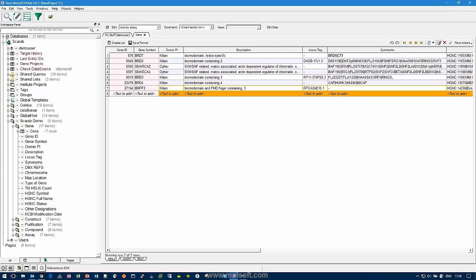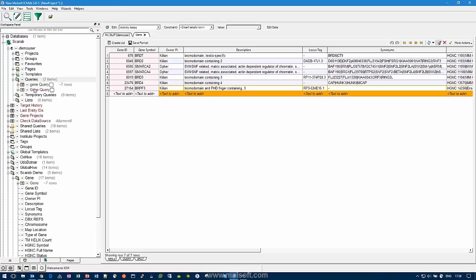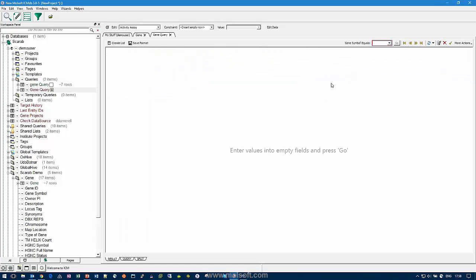Okay, and then hopefully in my queries, there's the gene query there, and you see it's red. If I double click on it, it doesn't actually run. Normally, if I would double click on a green one that has all the parameters already in it, it would just run. But it can't run because I've not told it what the gene symbol should equal. So here I can put BRD2, and I can click go,